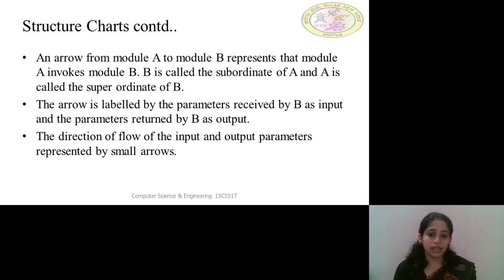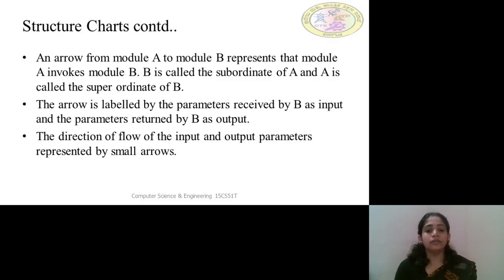We are naming them module A and module B. So here we take the example that the arrow represents that module A invokes module B. That means module A calls module B.